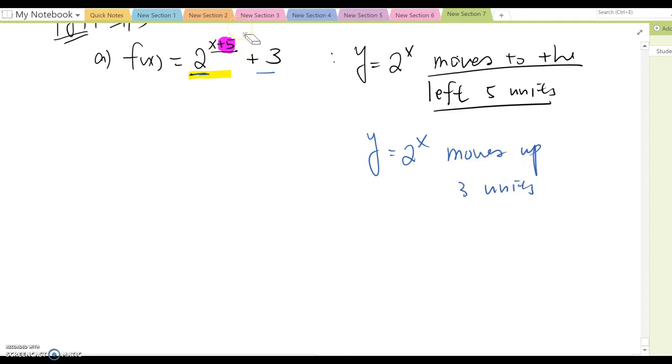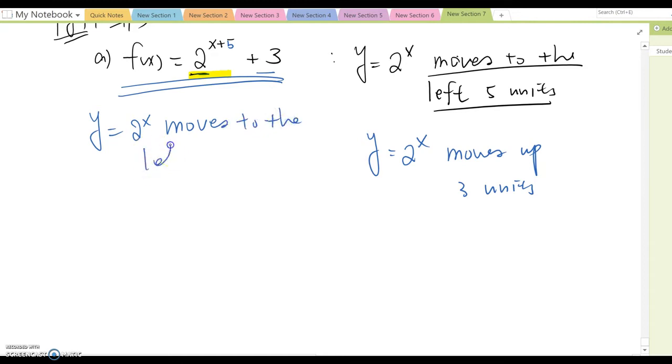Okay, now you combine them together. If we combine them together, then we can say y = 2^x graph moves to the left 5 units and up 3 units. Okay,